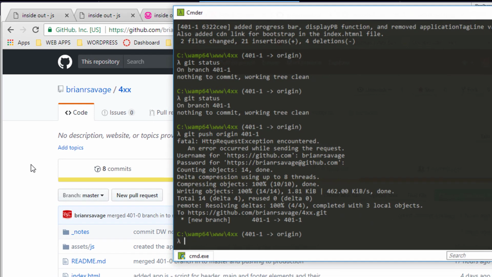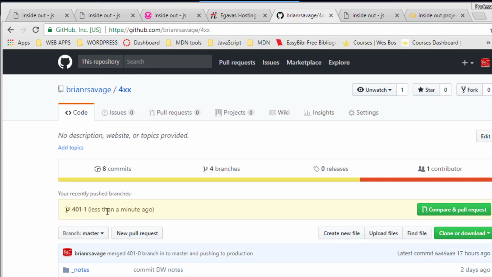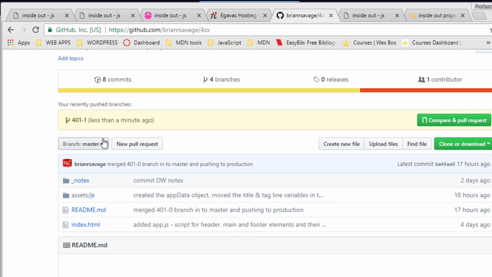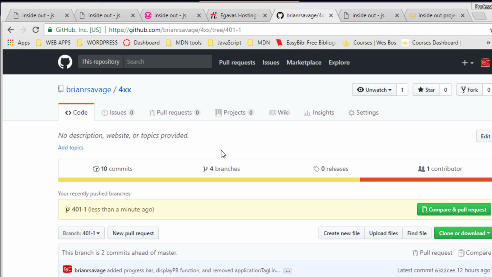And we should see it pop up back here. Looks like we had a successful push. And there we see it. We see that it's pushed up. We can see our branch is in there now. See our comments, our changes, things like that. And so at that point, we're good. We have our branch up to